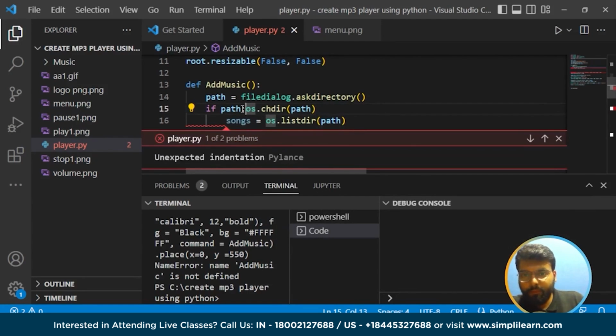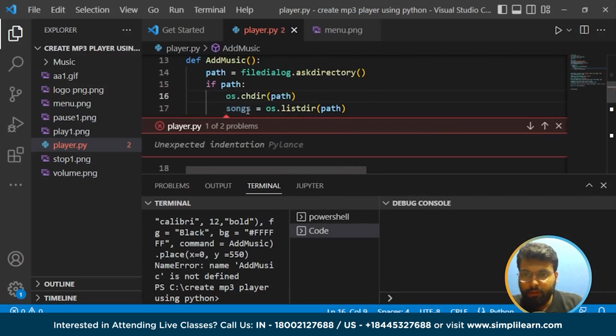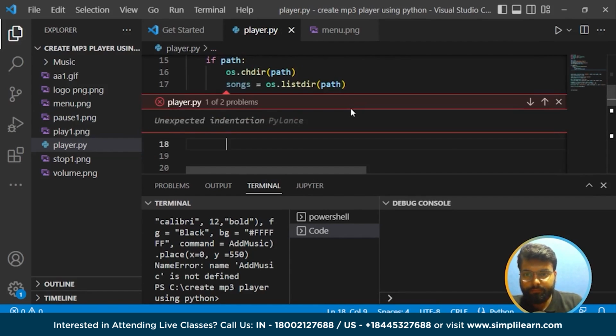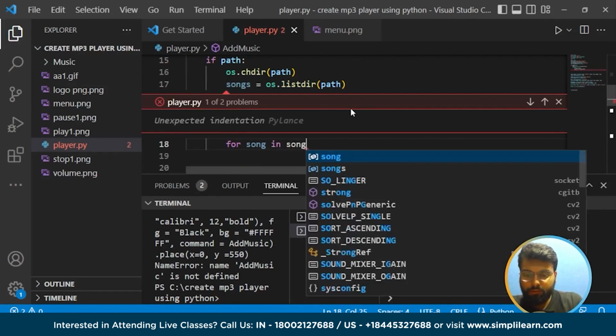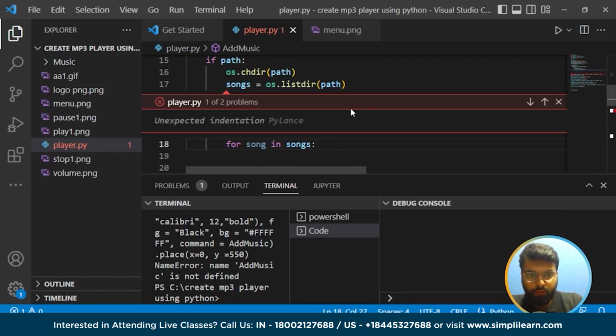Okay. We have problems here, but now we'll resolve them. So first, if the path we have chosen, and here we will change the path, and in this songs variable we'll get the list of all the songs in that directory. And now we will create or run a for loop for song in songs, but all the songs we got,